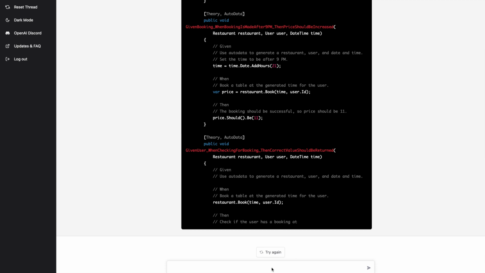In the case of the method has booking, it added it to the user class instead of the restaurant class, which would be the normal way of doing that. Really liked the conventions it used in naming all the things, the level of comments that it added. It was really good.